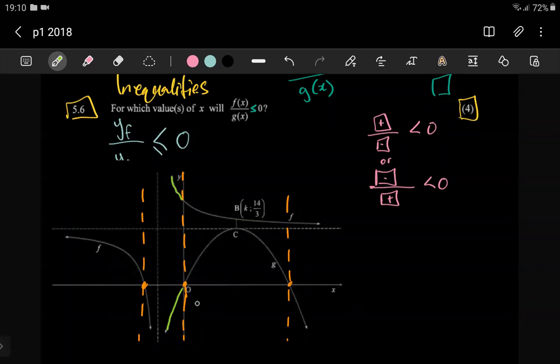Moving on, you can also see that this portion does not qualify here because this one has positive y values and this also has positive y values. So it doesn't qualify for our answer. So we keep moving forward. If we look after this dotted line now, we can see this portion qualifies for our answer because we do have positive y values there, and down here we have negative y values, you see. So this portion here and this portion only, those are the only portions that qualify for our answer for now,